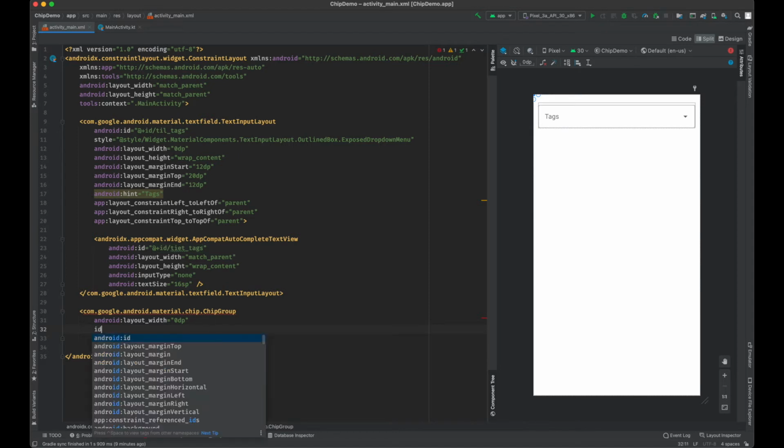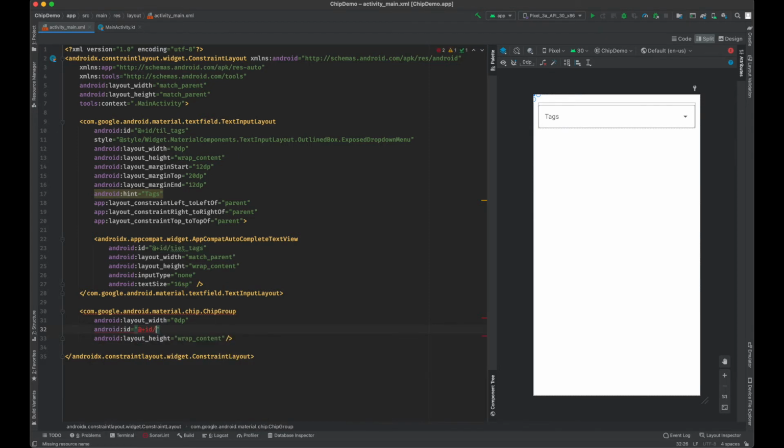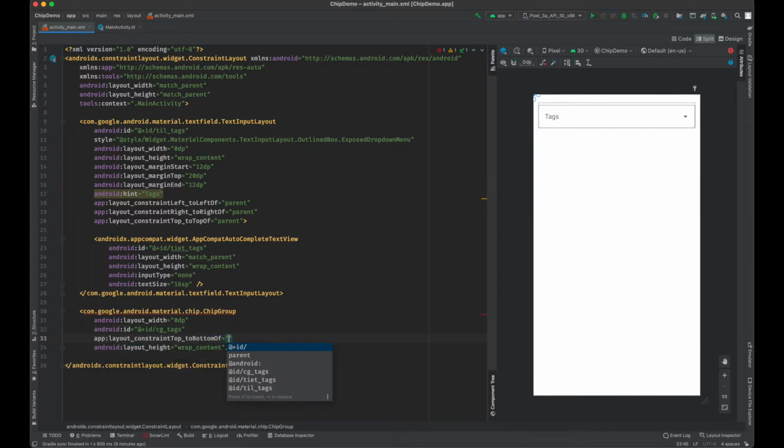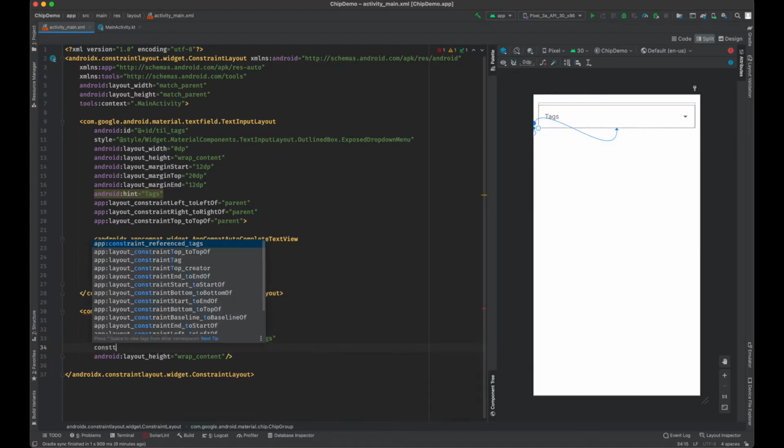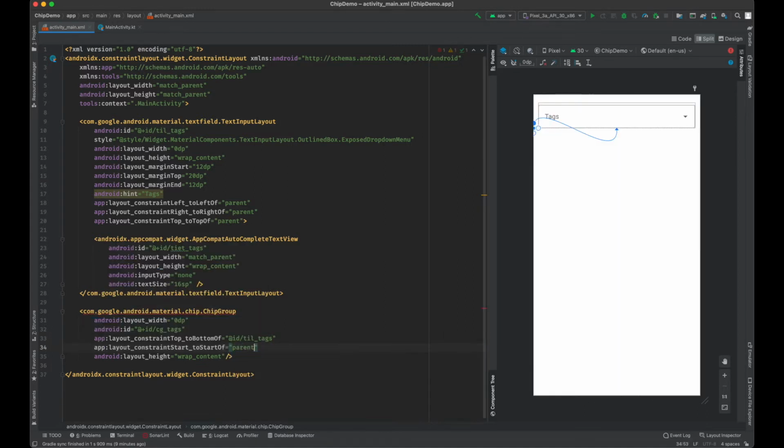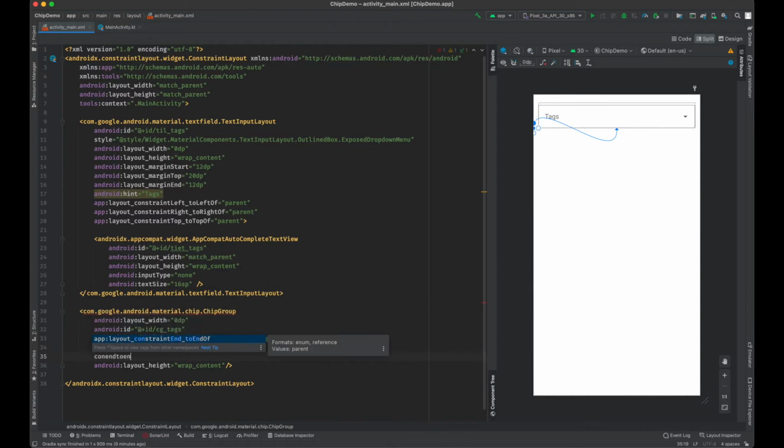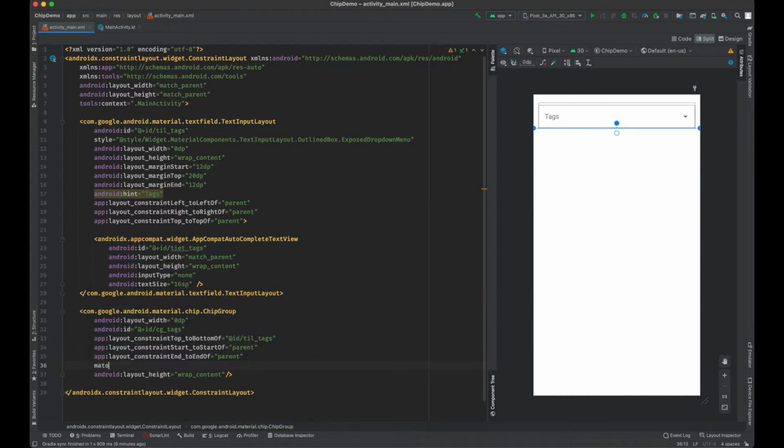So let's add it to the chip group below the tag autocomplete. So all the constraints are added, and by putting these margins on the start and end, now we are ready.